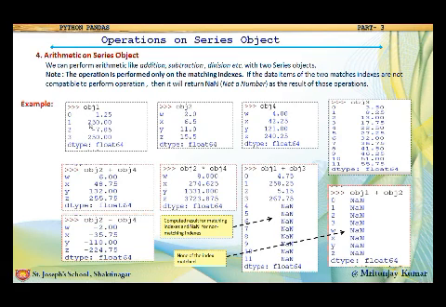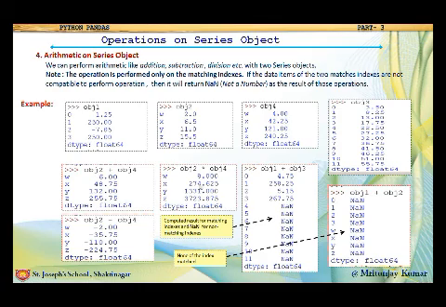previous obj1. Now similarly, in the case of obj1 plus obj2, both have 4 elements, but the indexes are not matching. So in this case it will return NaN in both cases, because it does not have any matching index.